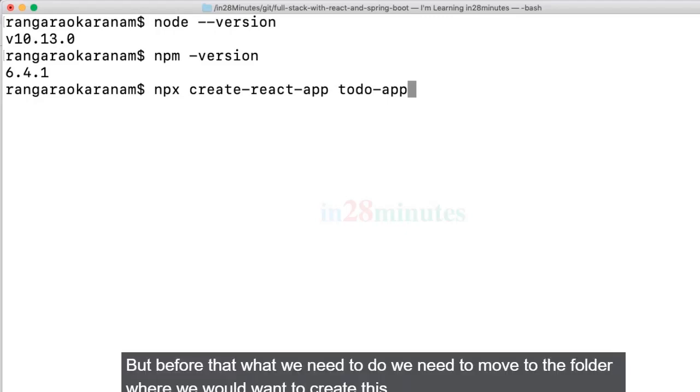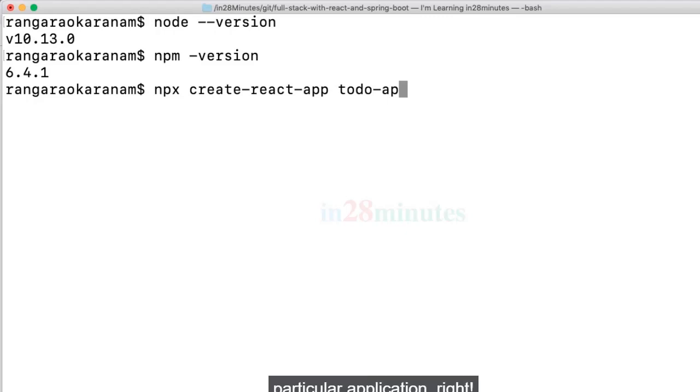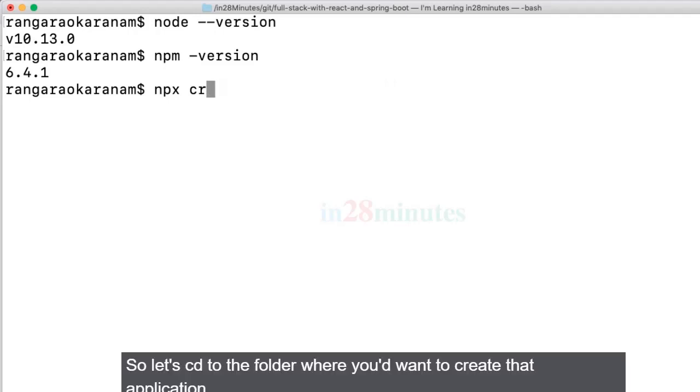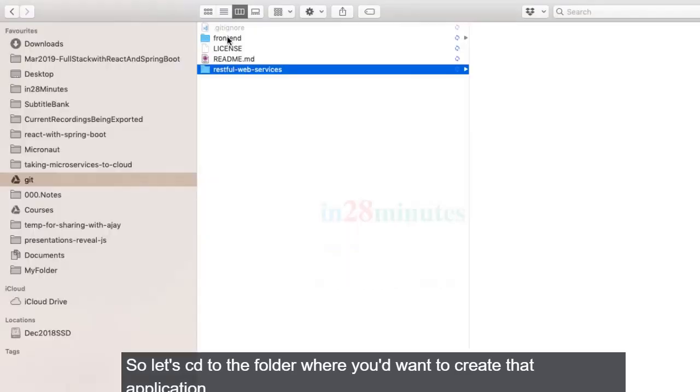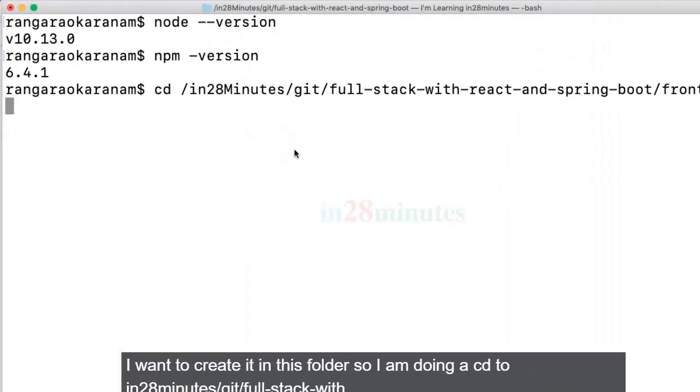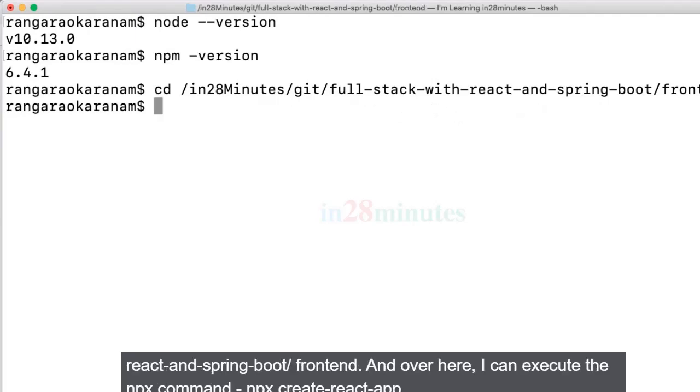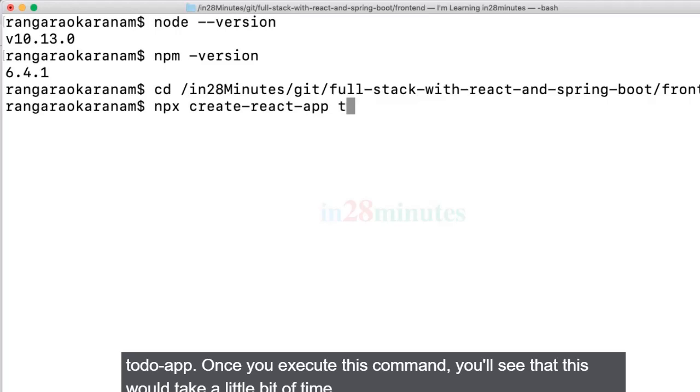We need to move to the folder where we would want to create this particular application, right? So let's cd to the folder where you would want to create that application. I want to create it in this folder, so I'm doing a cd to in28minutes git full stack with React and Spring Boot frontend, and over here I can execute the npx command. npx create-react-app todo-app.